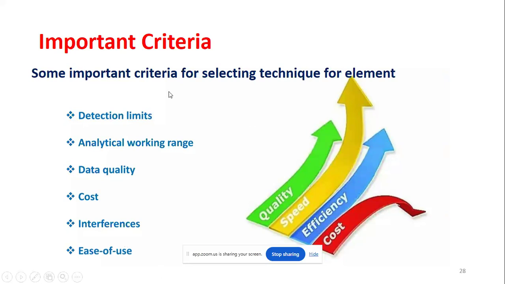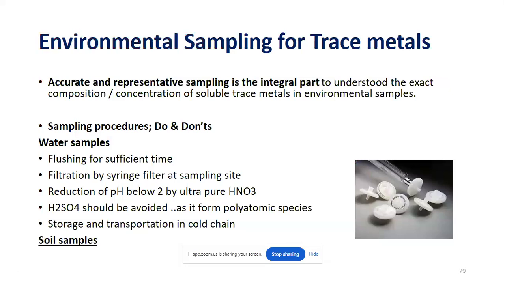Some important criteria for the selection of the technique when we work on the ICP-OES or MS: detection limits is one of the criteria, analytical working range, data quality, cost, interference. When we go for environmental sampling for trace metal analysis, the most important, or I would say the bottleneck, of environmental sample analysis, or getting accurate results of a particular environmental sample,